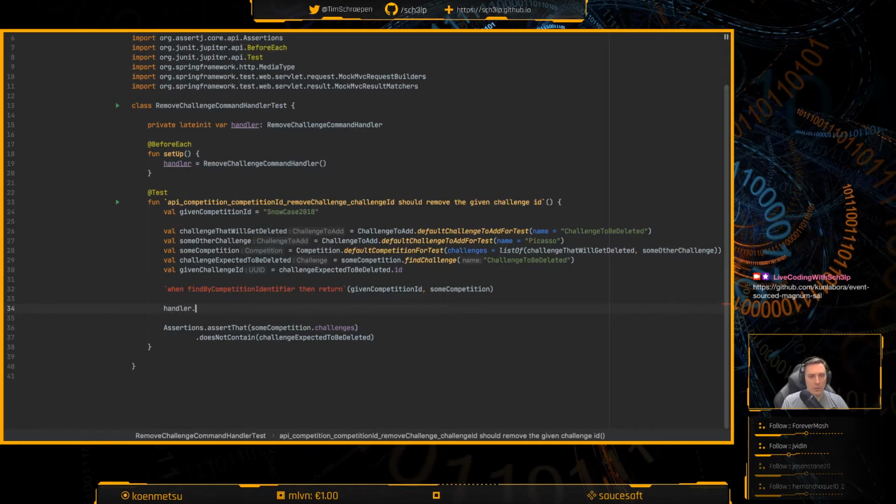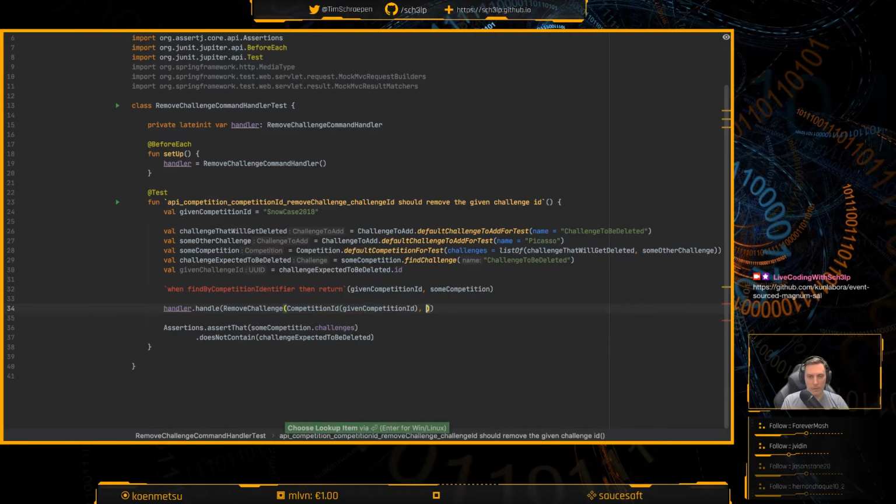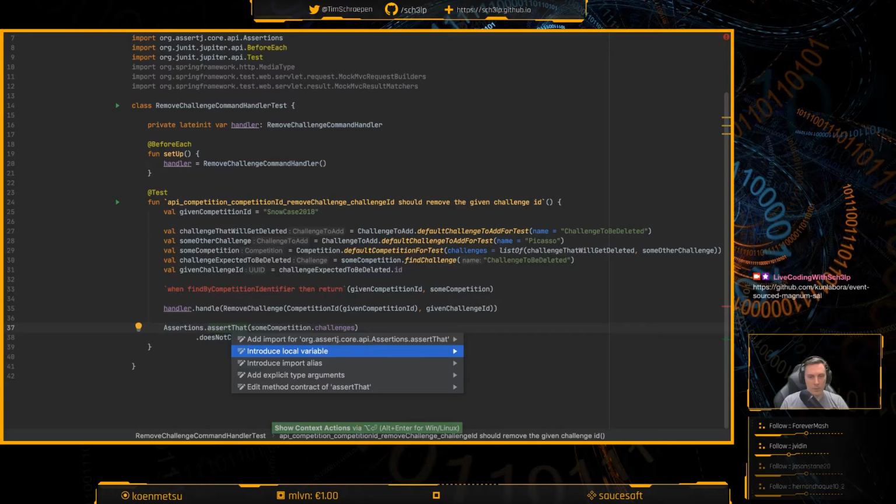So we'll do handler.handle with a remove challenge command that takes in a competition ID. So we'll need to wrap this given competition ID, and then the challenge ID. And there we go. This will need to import. This assertion we can import as well.